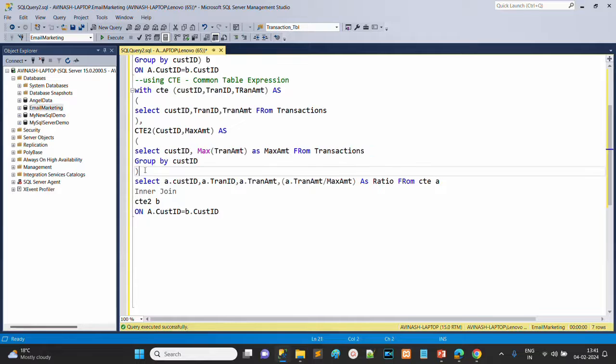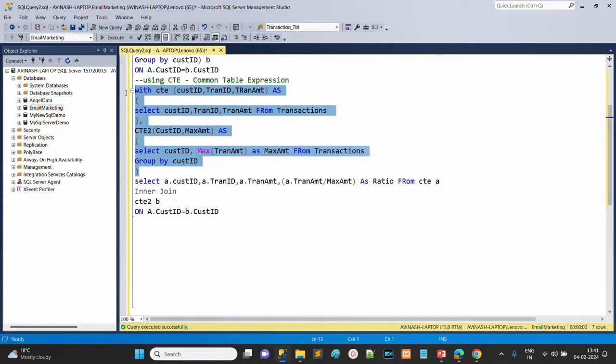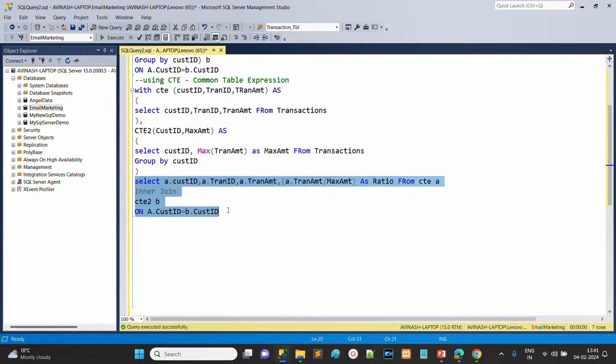Now this section creates two result sets, CTE1 and CTE2. Then we use this query, and we are using the inner join. This is the same as we used previously, but the difference is this time we have temporary result sets in the form of CTE1 and CTE2.